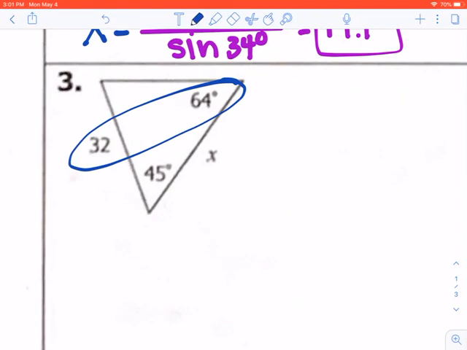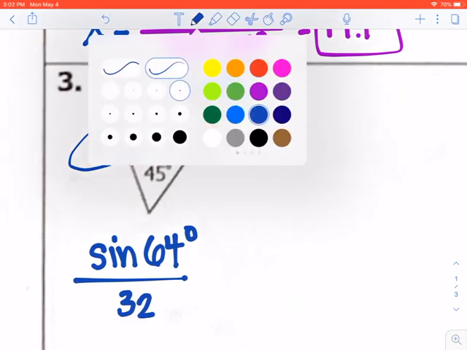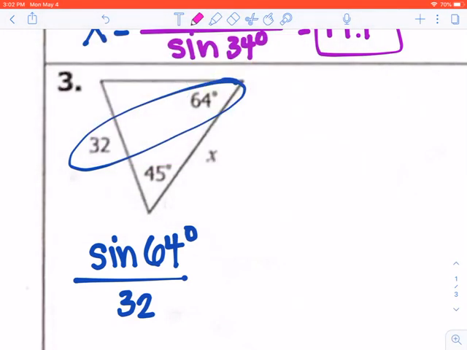Okay, so I do see that I have sine 64 degrees over 32. Sorry, 64 degrees is not what I was thinking of. Okay, I see that pair. And then for my other pair, I notice I need the angle with the x. I was thinking I was doing a different kind of problem, but I'm not. I need the angle that goes with the x. This angle right here